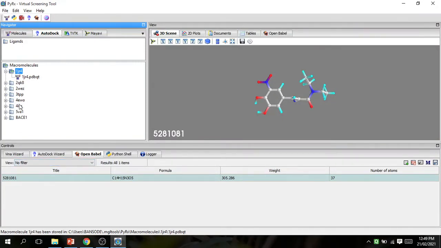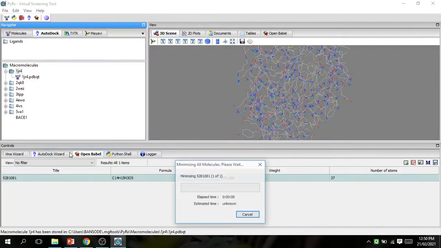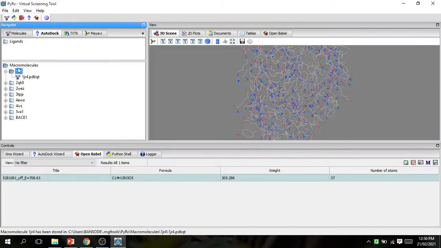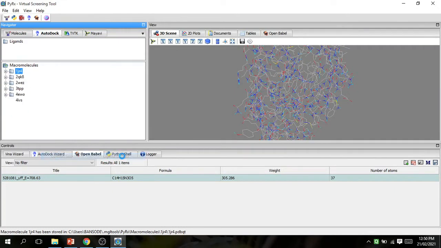I also want the ligand PDBQT. This is the ligand 5281081. Select this, right click, minimize all for energy minimization, and right click again and convert selected to AutoDock ligand PDBQT.